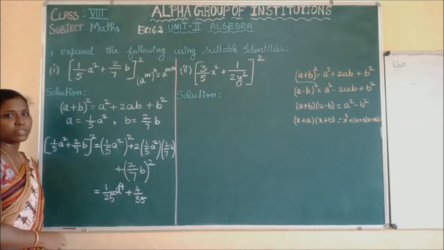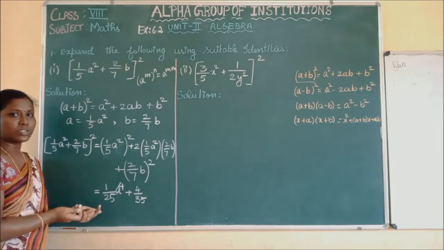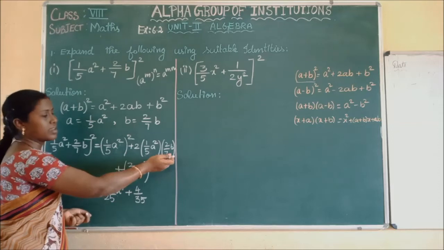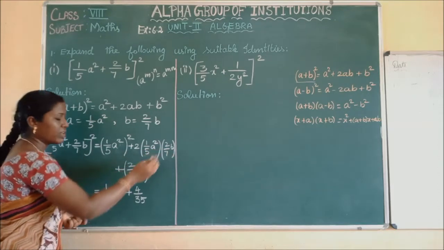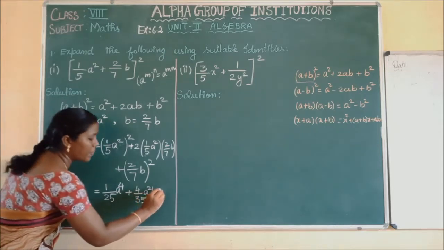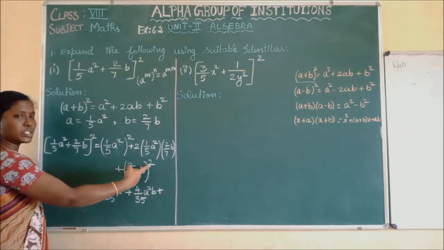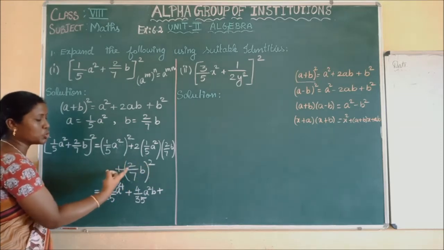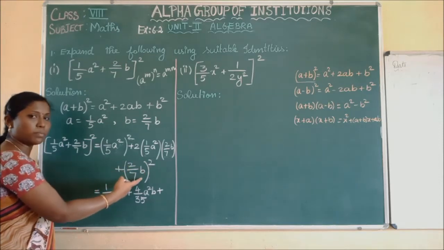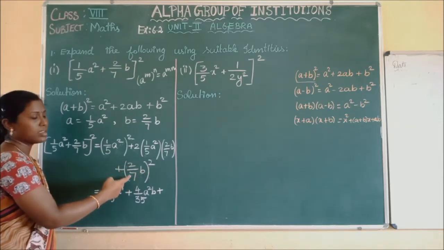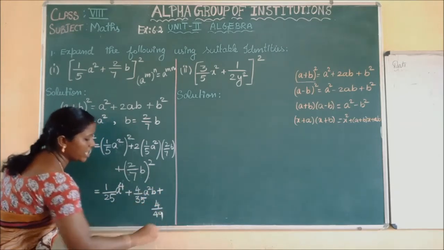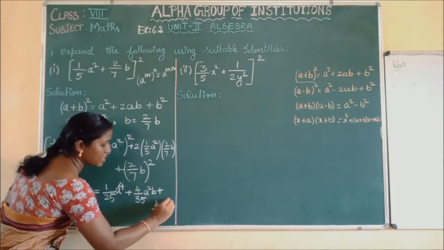Now multiply the variables. We learned in the first exercise, for the basics, how to multiply a monomial with a monomial. Like that one, just multiply the variables here. A square into b. There are different variables, so it comes at the same power, a square into b. Plus in terms of b square, we have a square. The square is common for both 2 by 7 as well as the variable b. So you have to square both of these. So 2 2s are 4, by 7 7s are 49. B square is b square.